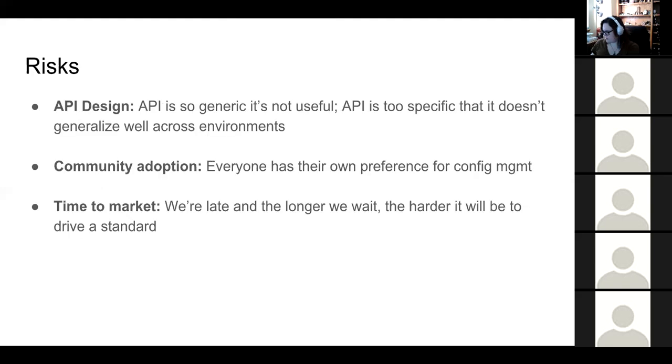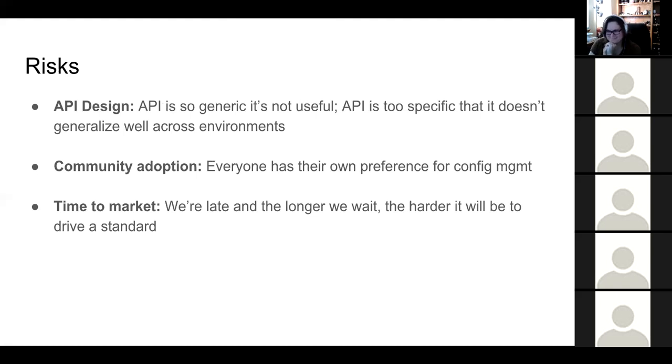So some risks that we see are that the API design here is going to be pretty tricky. We can't make the API so generic that you can use the same YAML everywhere, but you can't actually expose the underlying power of different environments. And conversely, if the API is so specific that it works great in one environment, but not others, or you can't actually extract the general pieces out, then it's going to become really difficult to make things that are truly portable. And a good example of this is the cluster autoscaler. If your API is so specific to one cloud, or if the cluster autoscaler has to be re-implemented to know very detailed information about specific cloud implementations of the cluster API,